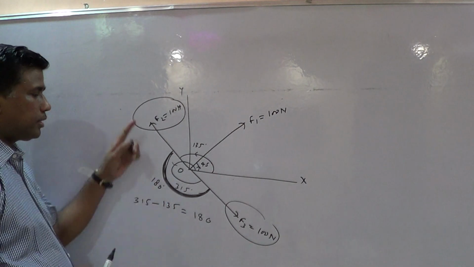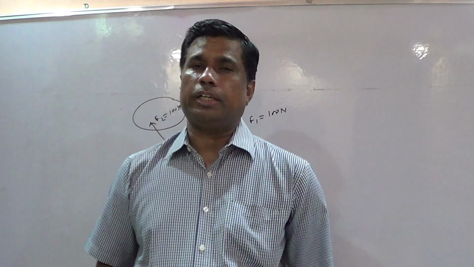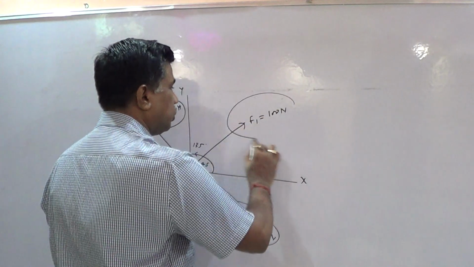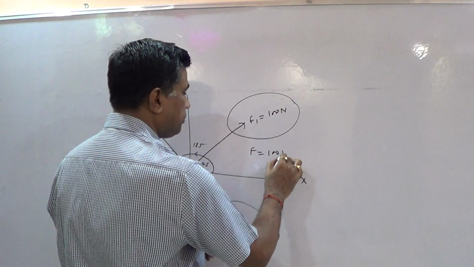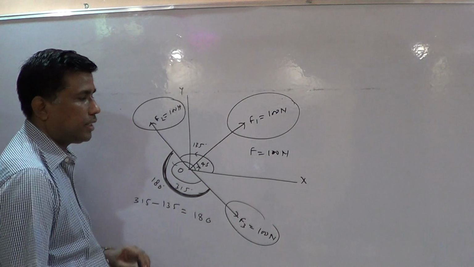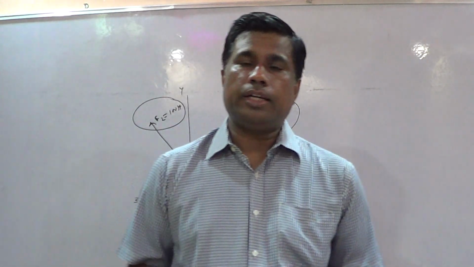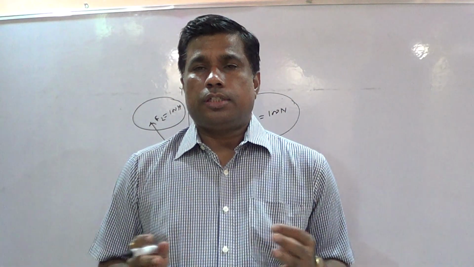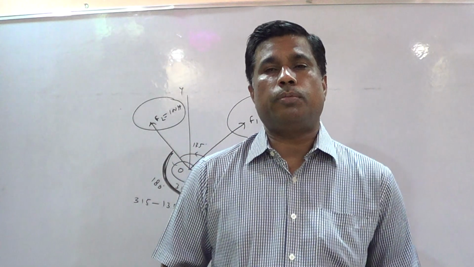So students, if these two vectors are equal and opposite, they will cancel each other. So only one force will remain, and that is the resultant. So the resultant is only this force. One can say the resultant force is only 100 Newton and it is acting at an angle of 45 degree with the positive direction of the x-axis. So students, you can solve this problem mentally also, no need to use your pen. It is just a matter of practice. If you practice, you can solve these types of problems mentally.